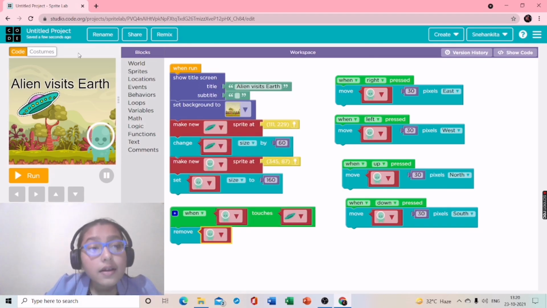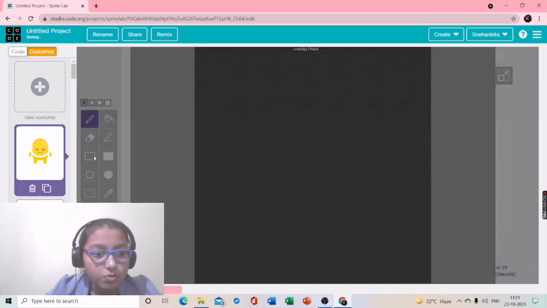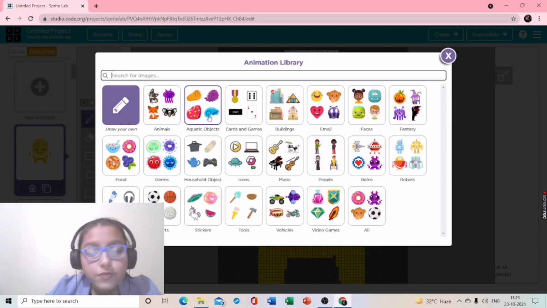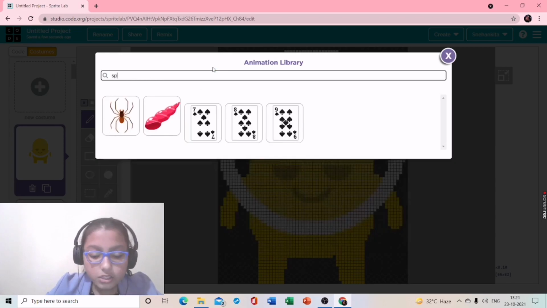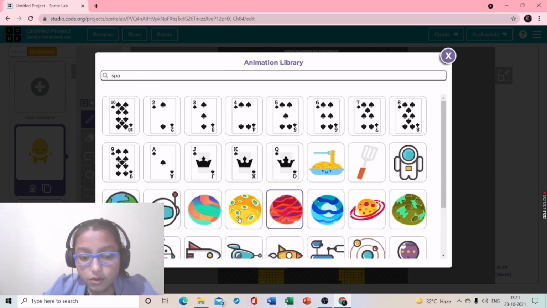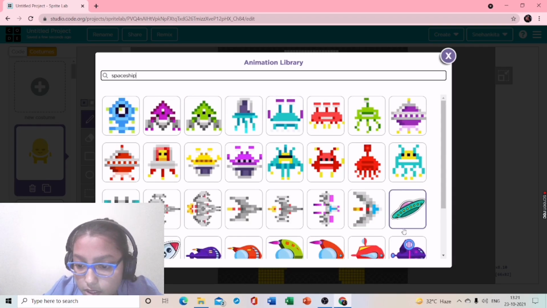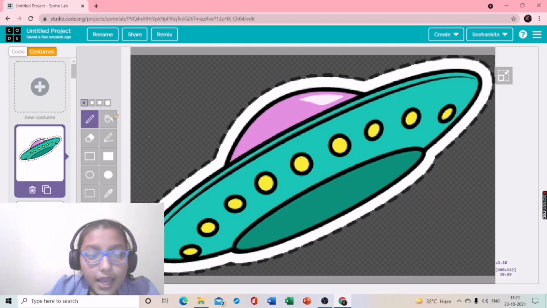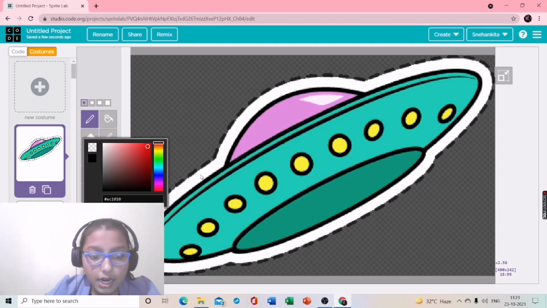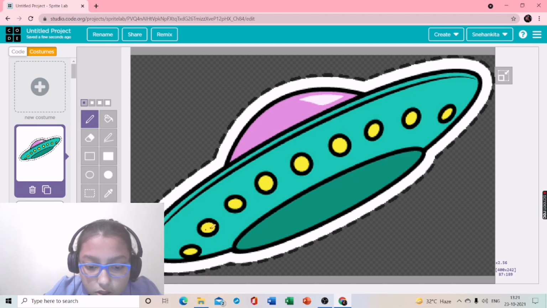This one. After that, you go to costume. Why I'm telling that? Wait for some time, I will tell you. And search for spaceship. Actually, when the spaceship will start, what will happen? Let me show you. You have to choose the same spaceship, this one, what I chose. After that, instead of this black, we will choose red, meaning the lights will be on.